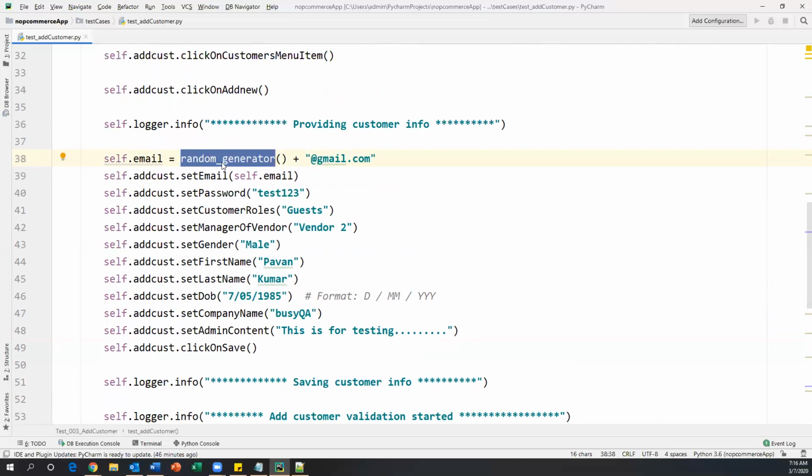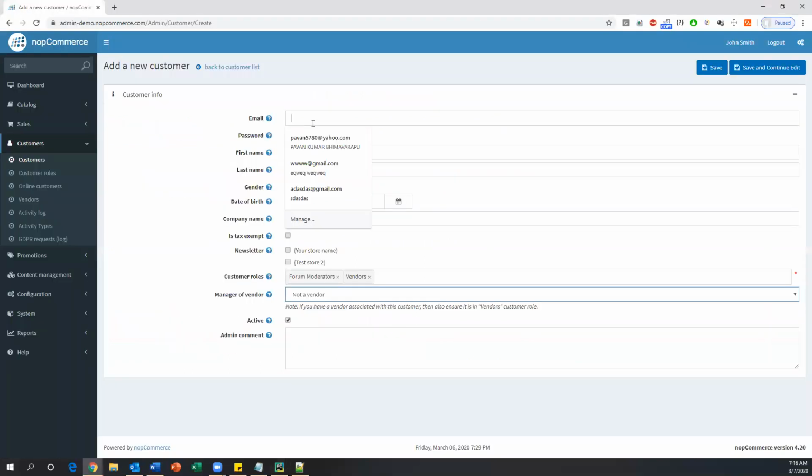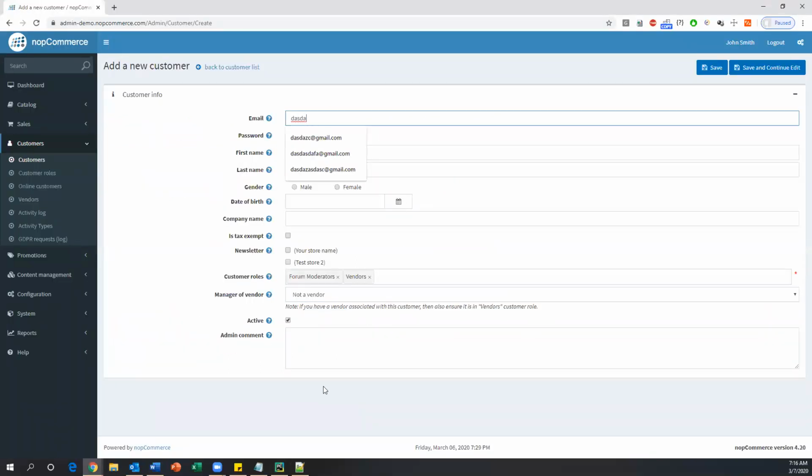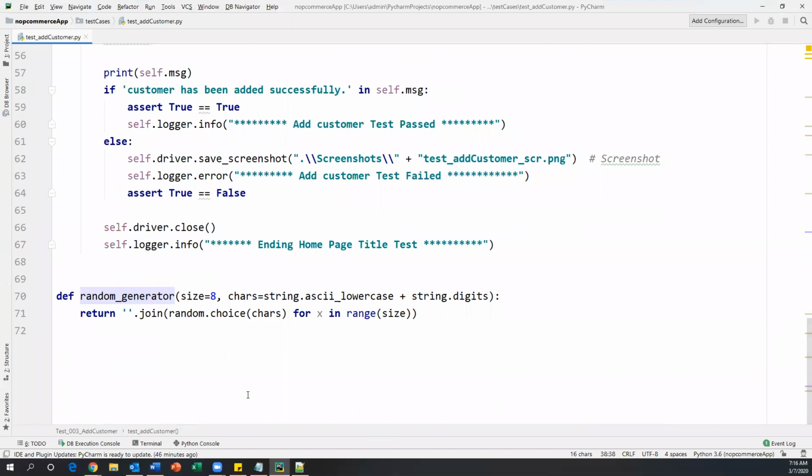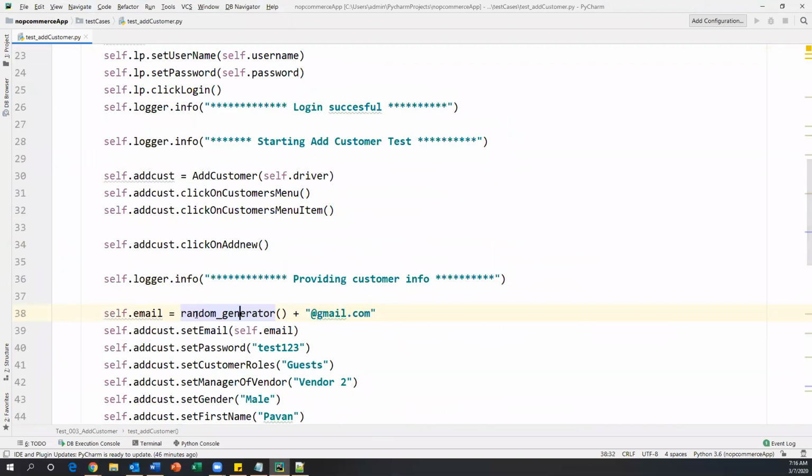But that is not an email ID. It is just an 8 character string, and we need to pass a proper email format. Otherwise, it will not allow you. If I just provide something like this, it will not allow you. We have to give an email format like this, then only it will allow you. So when I call random generator, which returns the 8 character string, here I am concatenating @gmail.com.